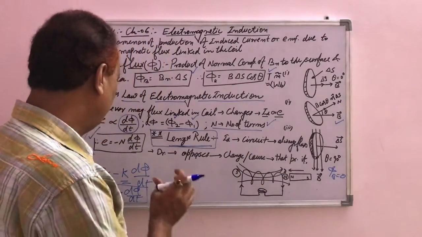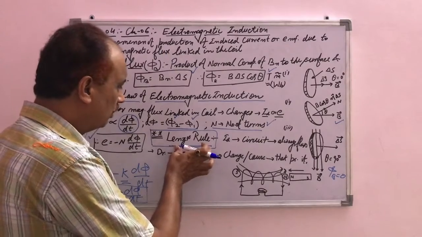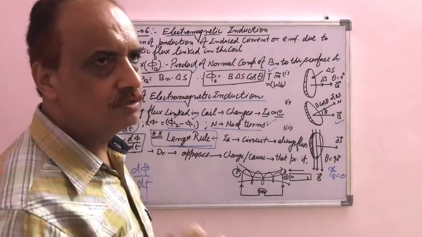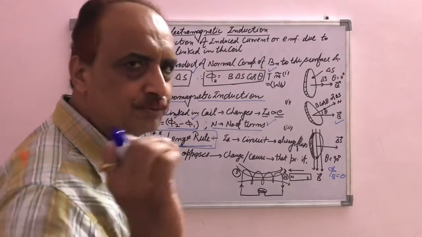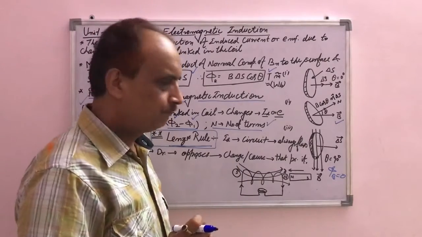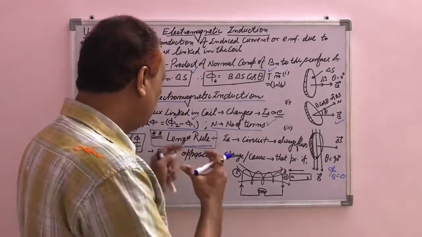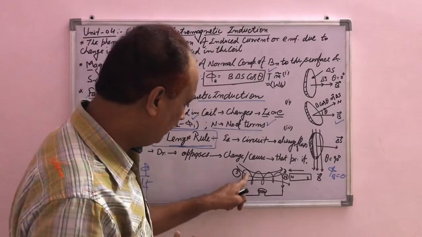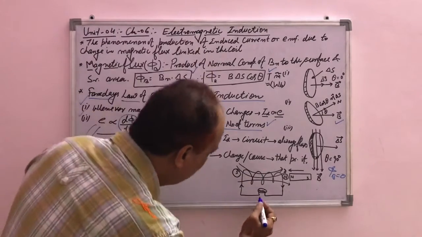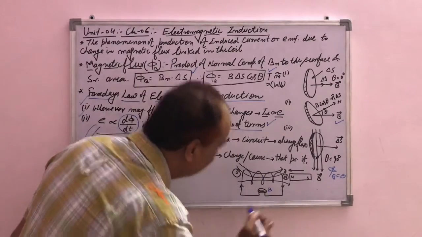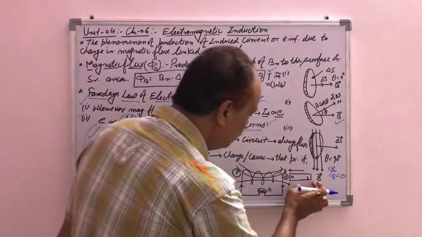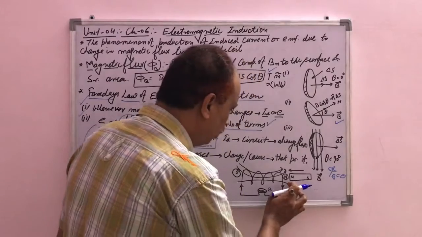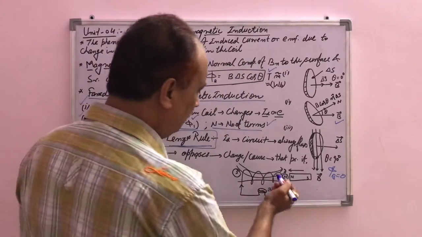And we will discuss here that Lenz law or Lenz rule is in accordance with the law of conservation of energy. So how does it obey the law of conservation of energy? We have to take one example. There is a coil here, and the coil is connected to a bulb B, and we take a magnet NS, with the N pole towards one end of the coil.